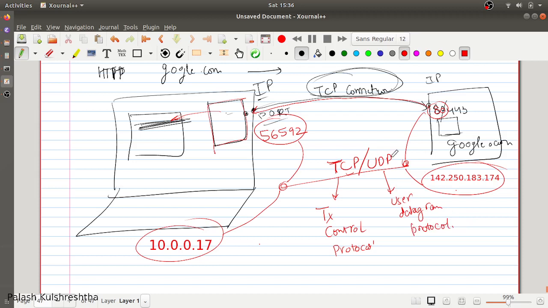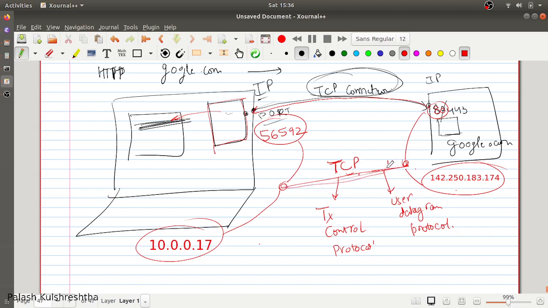So let's try to understand TCP first, then we are going to go on to UDP. TCP is a connection oriented protocol. So for example, before the data is transferred between this IP port to this IP port, a connection is established. The operating system establishes a connection from this IP port to this IP port, and once the connection is established, it then sends the data on this established connection.